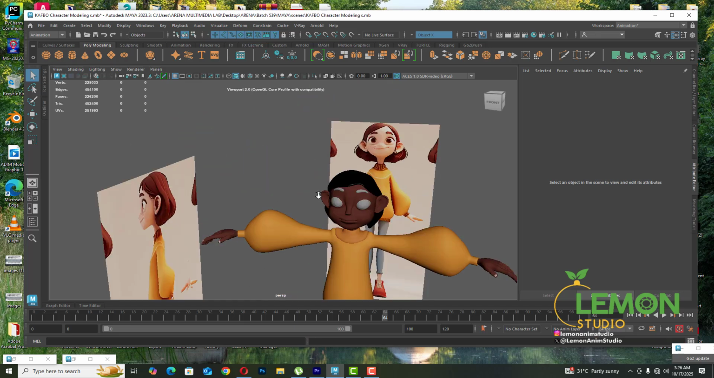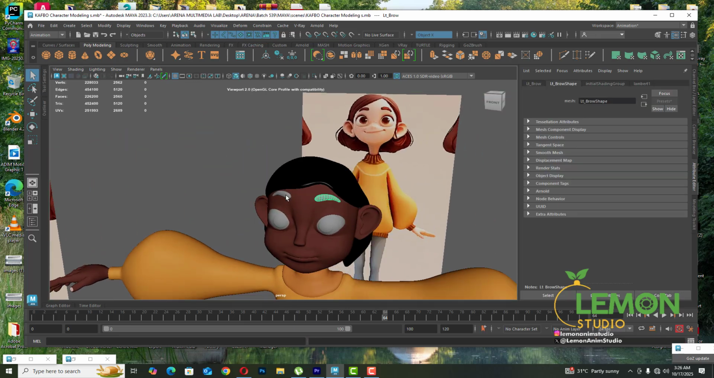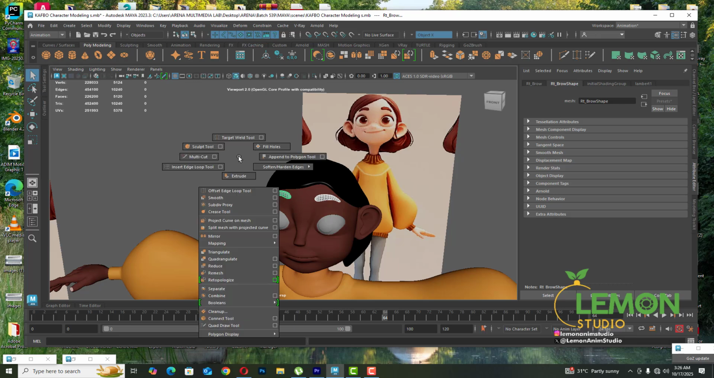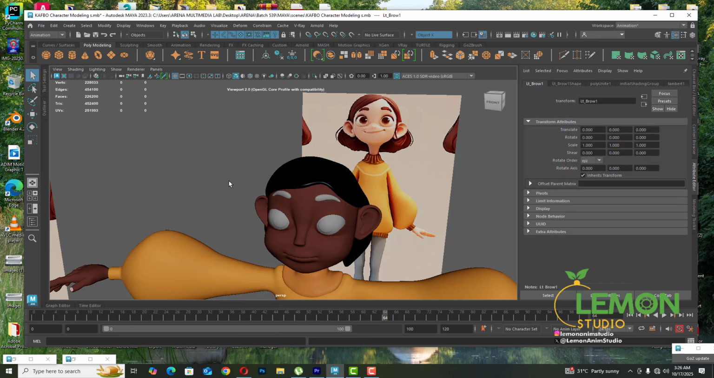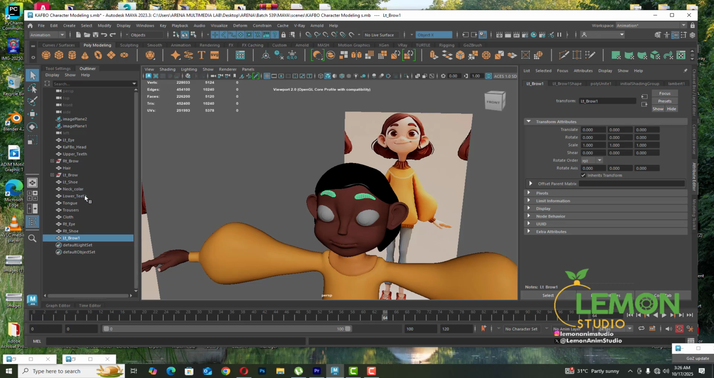So now let's go to the brow. The brow should take the same color as the I think we can merge this together. Right click and hold, and we're going to combine those together. We can delete their history, because right now we call this just brow. We're going to remove the